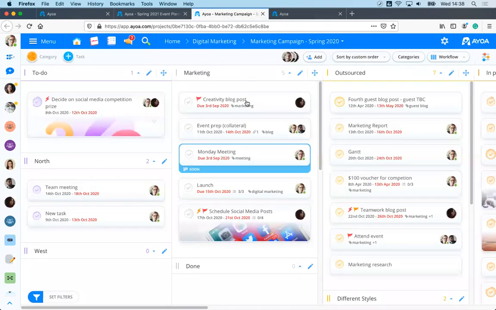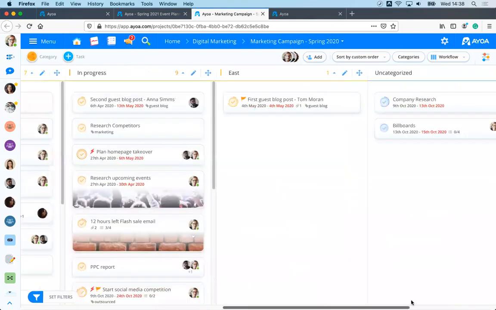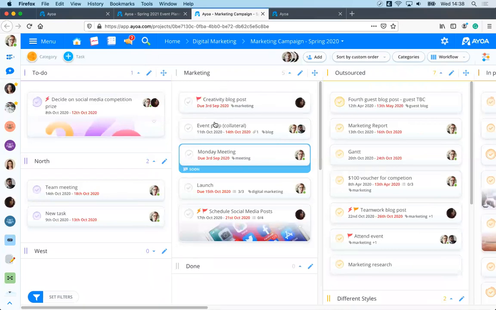So next I'm going to have a look at task boards. Task boards are all about people management, and our task boards make it so much easier to see exactly who's working on what. So you can see here, before I even click on anything, I can see different people's avatars on the tasks. So I can see at a glance who's working on what. I can see things that are overdue. I can see what things are urgent. It just makes it really easy and really quick to gauge how my team's workload